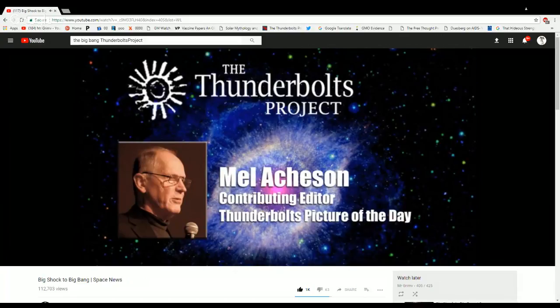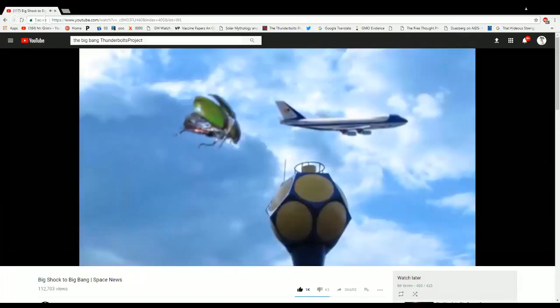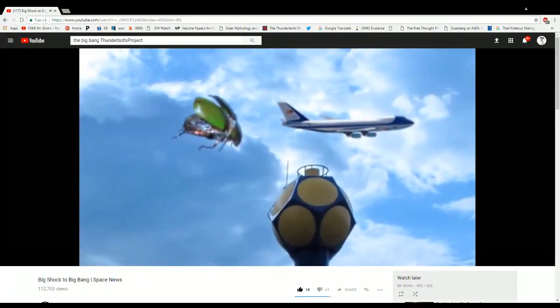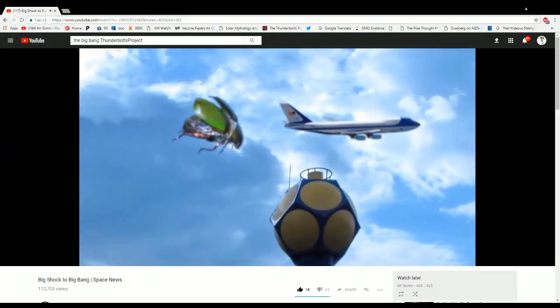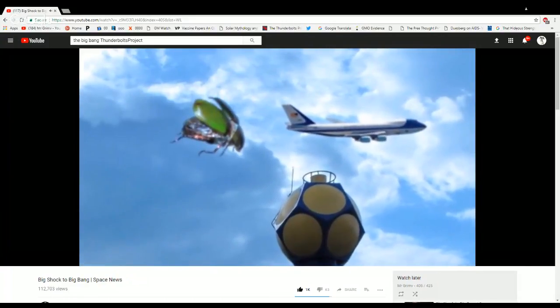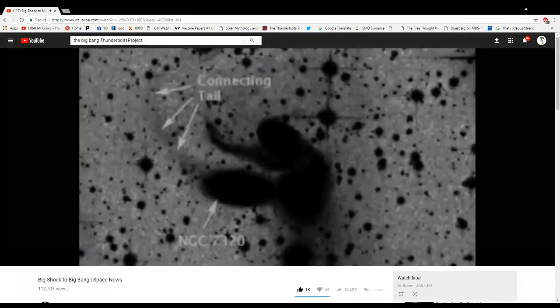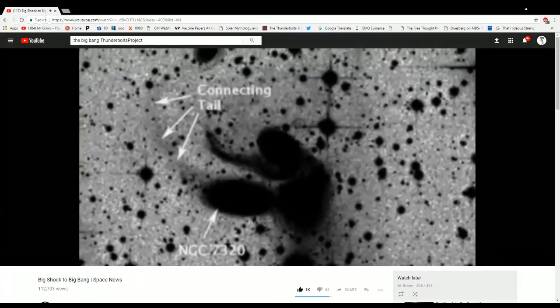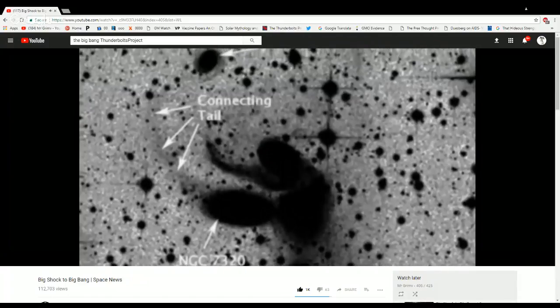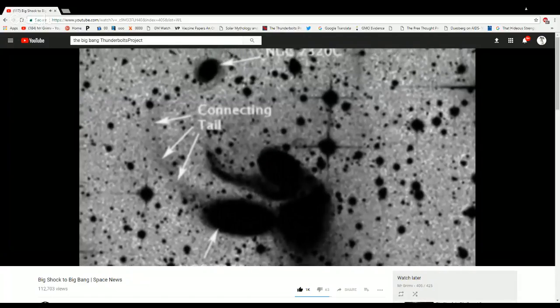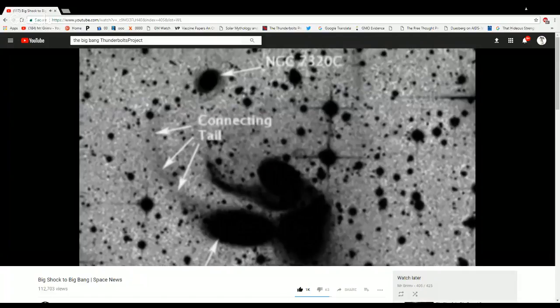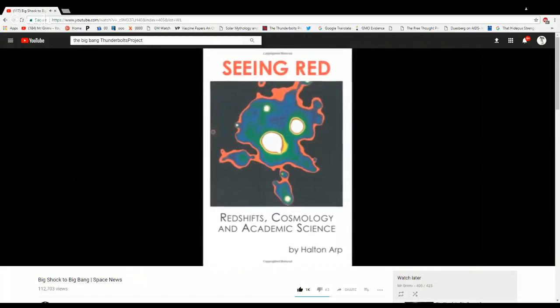The result of the distances proportional to redshift assumption is that astronomers are looking at gnats swarming around their heads and thinking that they see fleets of 747s on the horizon. The observational evidence that undermines the distance is proportional to redshift assumption has been known since the 1980s from the work of